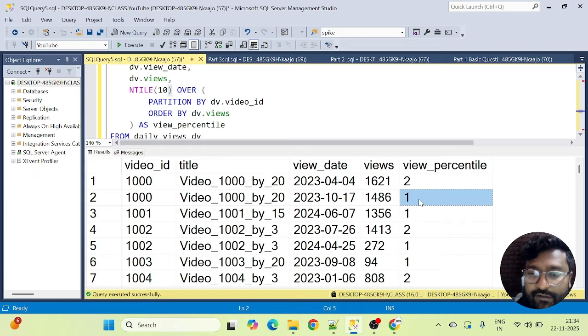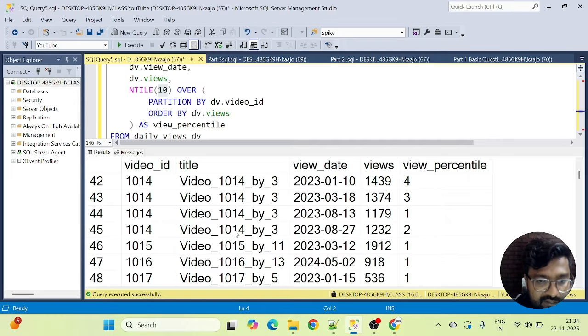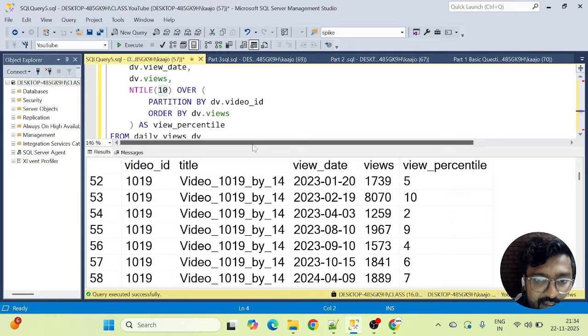For the sake of this video, I'll now be heading over to the next question, but I'm just dropping a hint here. Whenever you have some time, you can spend some time on this question, try to understand this NTILE function, practice on your own, and see how exactly it works. You can also try to play around by changing this parameter and see what happens. You can let me know in the comments about your experience if you try to play with this NTILE function. And before moving on to the next question, I'll also show you this video ID 1019, which had 10 records, right?